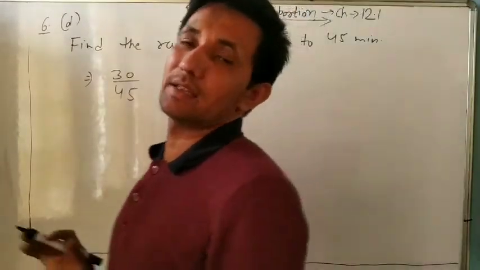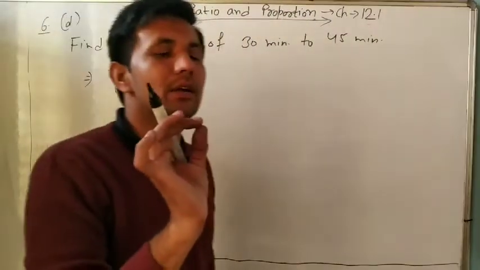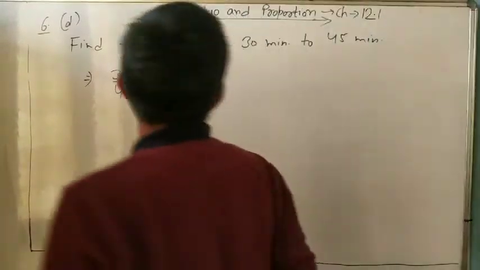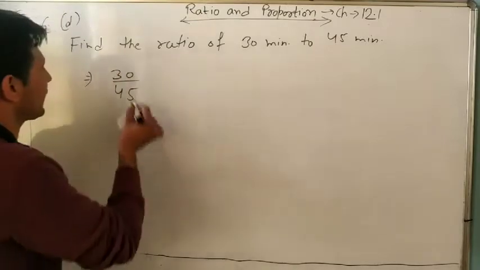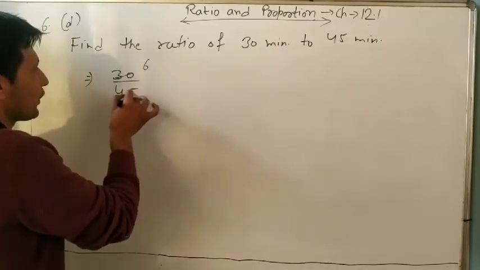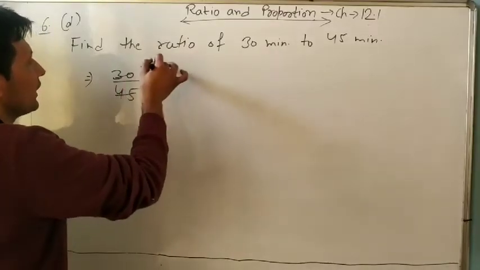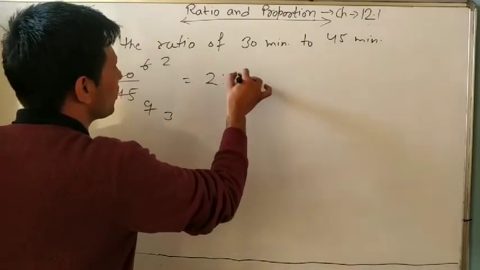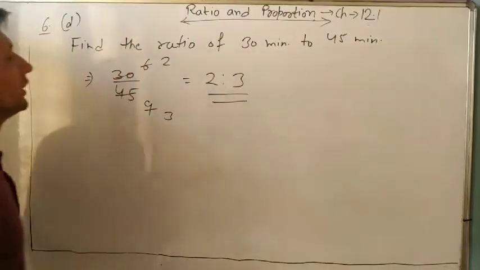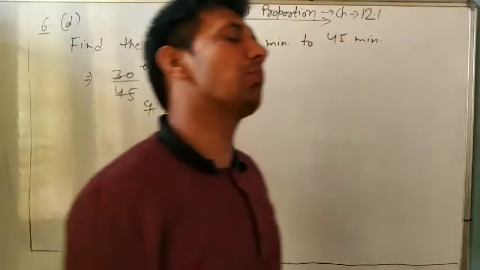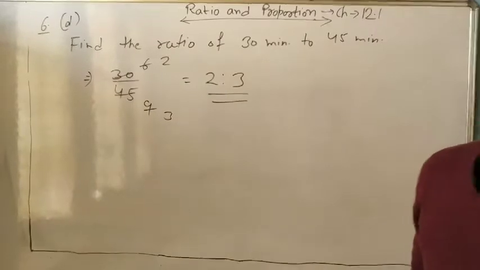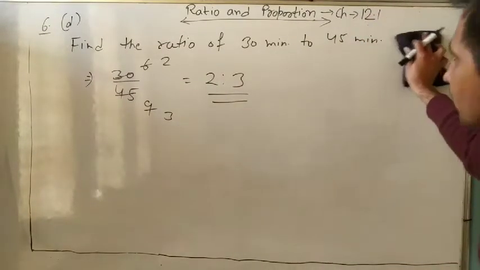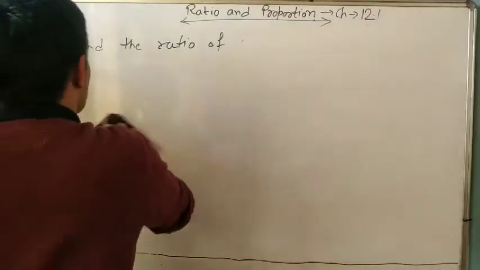It is a fraction. Fraction can be treated as a ratio. So always we will write in the lowest form. Lowest form means cut the common factor. So 5 6s are 30, 5 9s are 45, 3 2s are 6, 3 3s are 9. So what is the ratio? 2 upon 3. 2 upon 3 means 2 ratio 3. So do as it is. Okay, other parts also. Now next is question number 7.